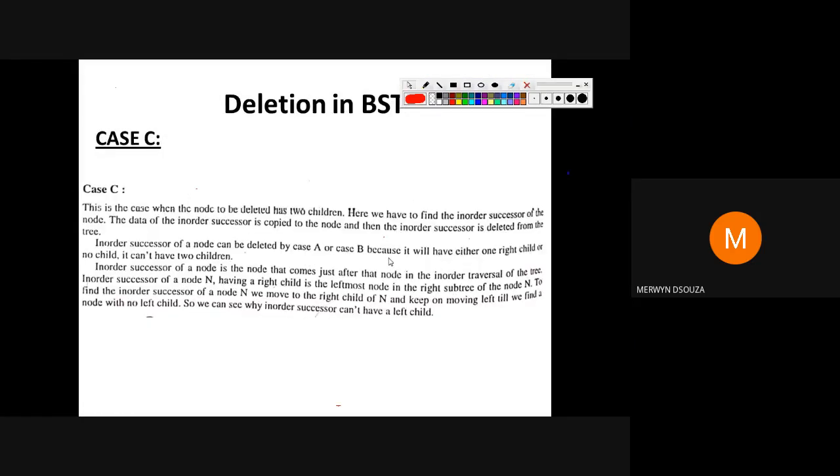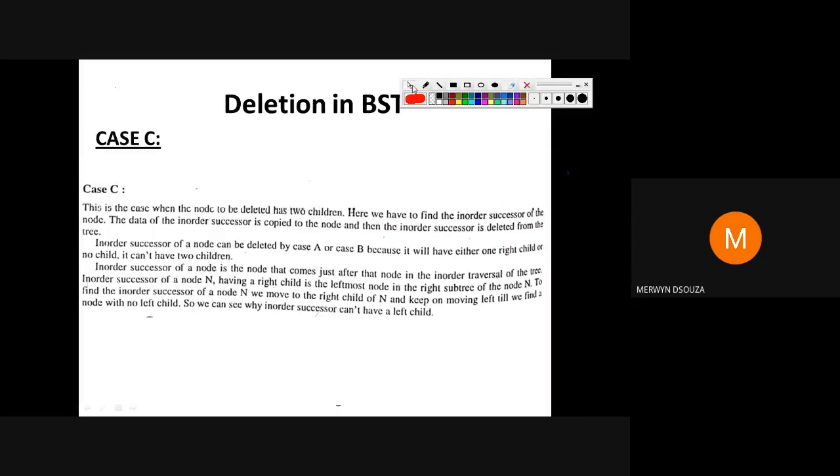So coming over now to the next case, case C. There's a lot of description given here, but you can just read through this slide and then I will show you this third case. This third case is for deleting a node that is having two children. Whenever a node is having two children, you have to apply the third case.